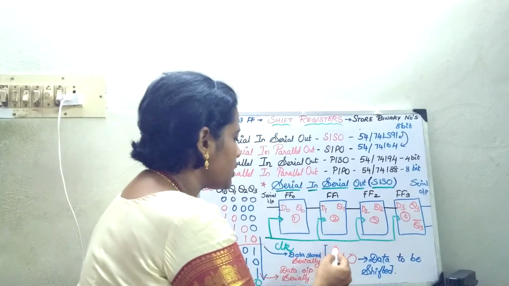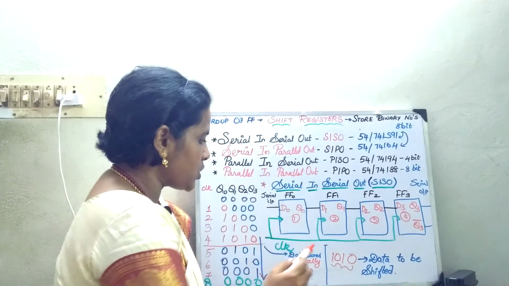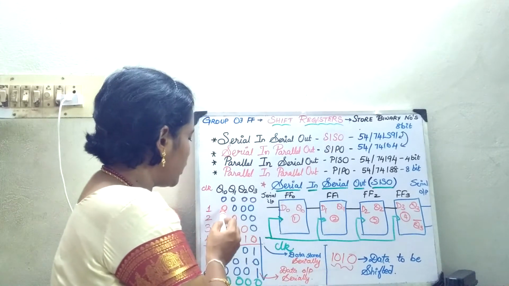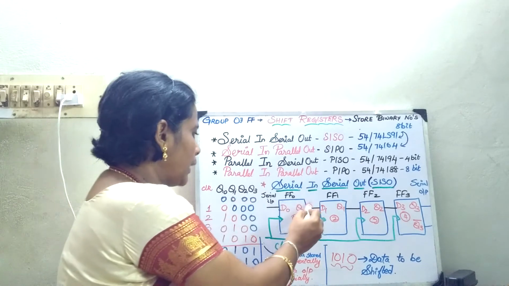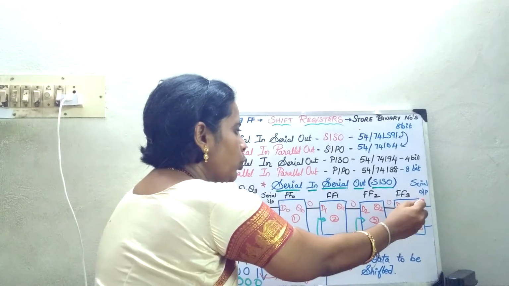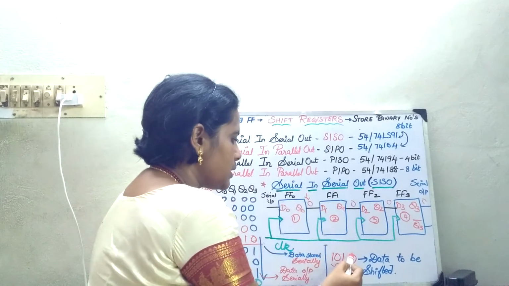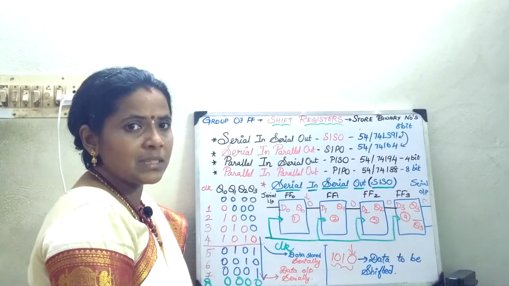This is the data which has to be entered. When I give the first clock pulse, this data will be entered. So, only I put it in red. All the other things are the data which is remaining here. So, at this place, I will have 0, all the others, and this is going to be the first data entered. When I give the next clock pulse, what will happen?